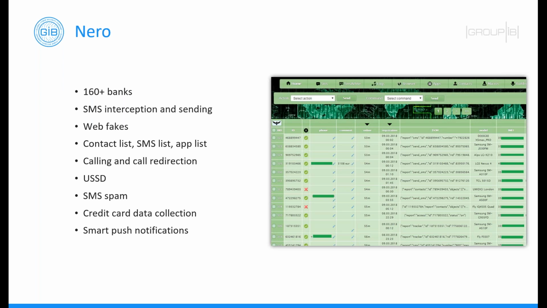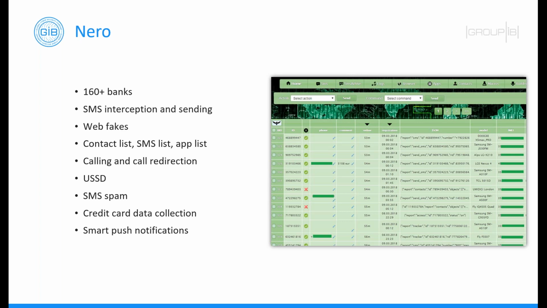The Nero Trojan, targeting more than 160 banks, has a lot of functionality, like SMS interception and sending, showing web fakes, getting contact lists, SMS lists, application lists, making calls and redirecting the calls, sending USSD requests, sending SMS spam, and of course collecting credit card data and sending smart push notifications.